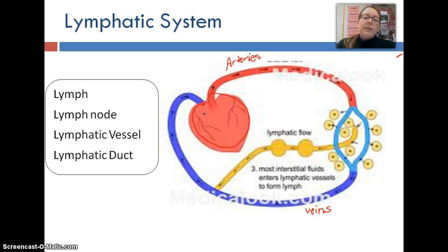And it goes back to your heart. The heart pumps it to the lungs to get cleaned out, and then it comes back to the heart, all clean and fresh and full of oxygen, and it starts to cycle back through the arteries into the cells. Now, where your lymphatic system comes into play is